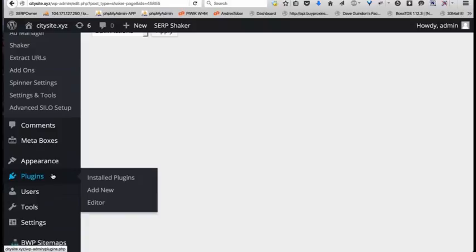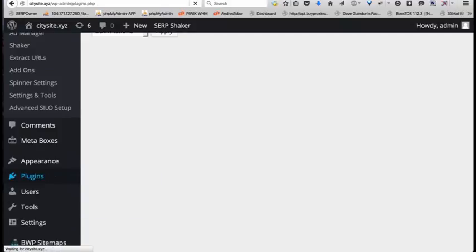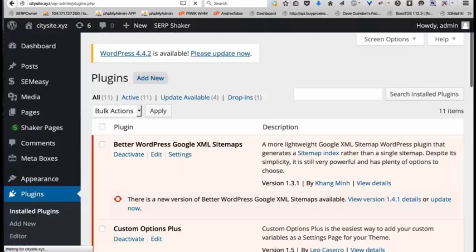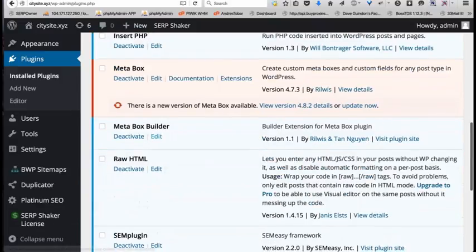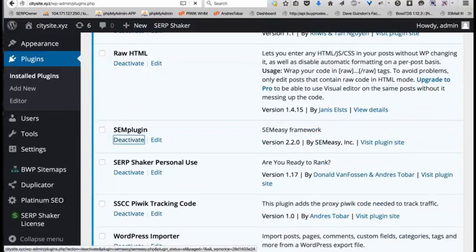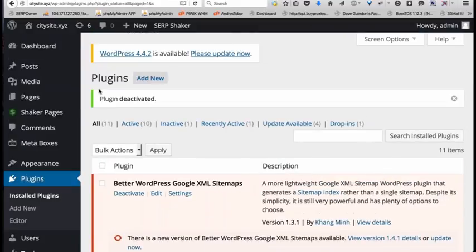Right, okay. This isn't about showing off SERP Shaker. It's just the tool that I happen to use to build these. There are different tools available to build the mass page sites, and with the popularity of SERP Shaker, it seems like more and more are coming out, which is good. The market's getting some variety in it, and competition drives innovation. So it's really good stuff going on in the mass page market.